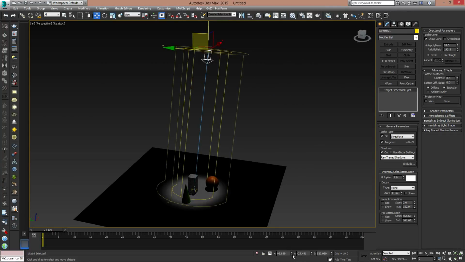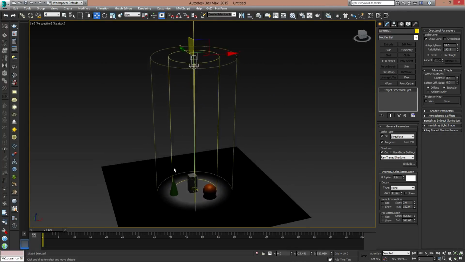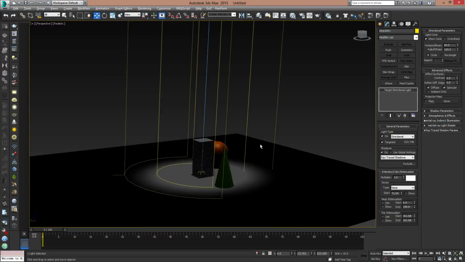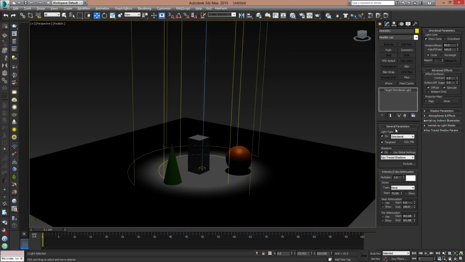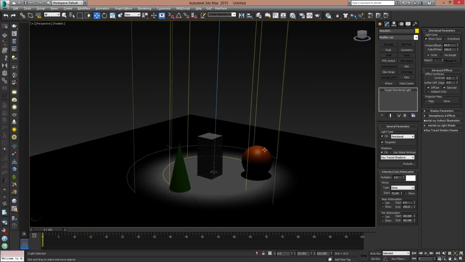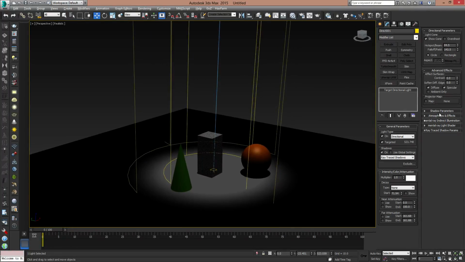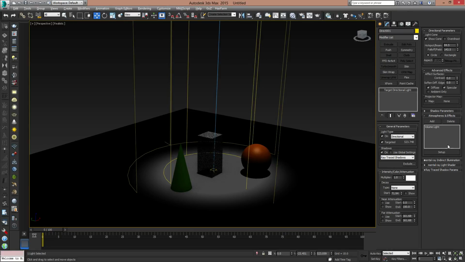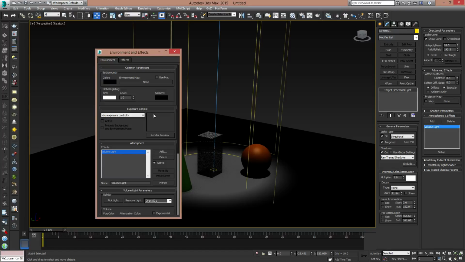And I'm going to put this directly above the scene. And I'm going to show you something cool here. So let's say I want to make a shaft of light here. What I'm going to do is put an atmospheric effect on this. So under atmospheric, I'm going to add, instead of lens effects, I'm going to use volume light. Hit OK, go to setup,